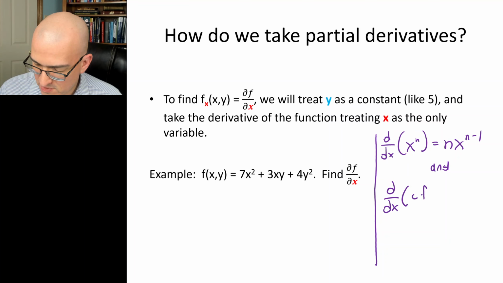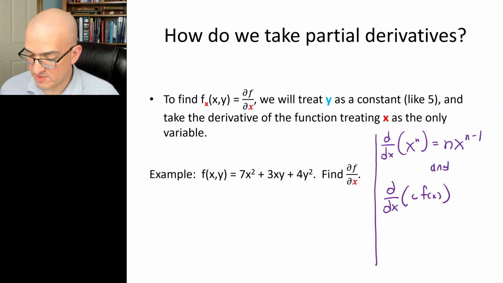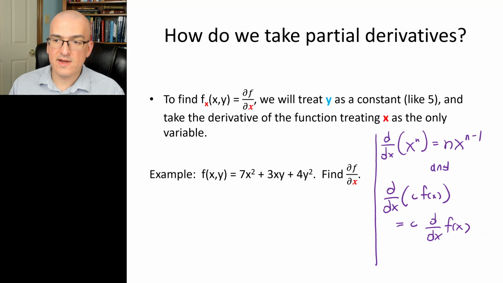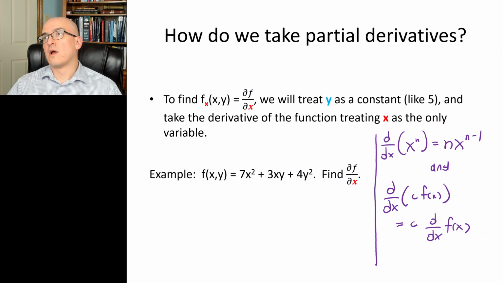The derivative of a constant times a function. The derivative of c times f of x is c times the derivative of f of x. This is the rule that allows us to factor a constant out front. Now, constants, we will see, don't